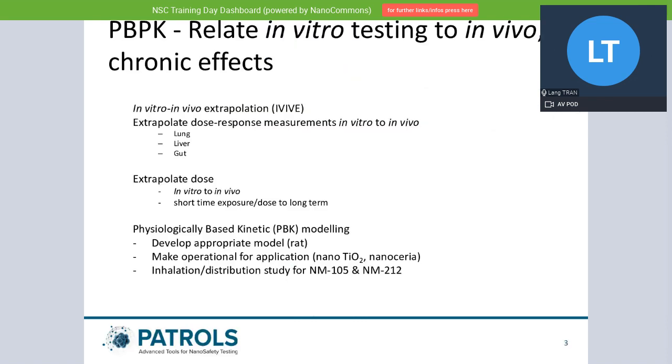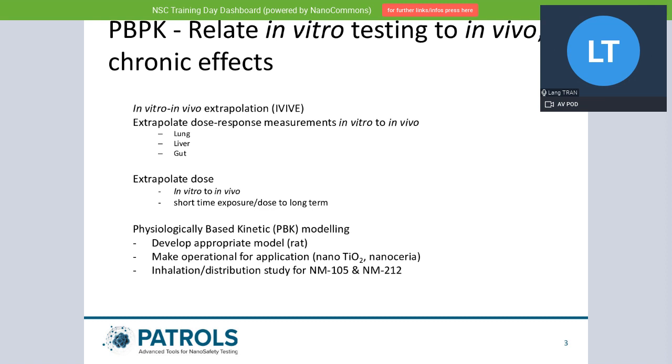So now, let's start with the PBPK model. One of the ultimate uses of this PBPK model is to relate what you do in vitro, the result of the dose response experiment that you do in vitro, to what people observe in vivo. And by in vivo, we mean animal experiments.